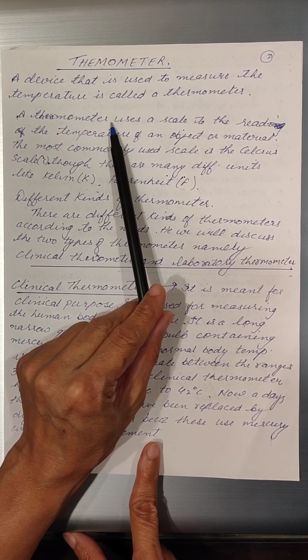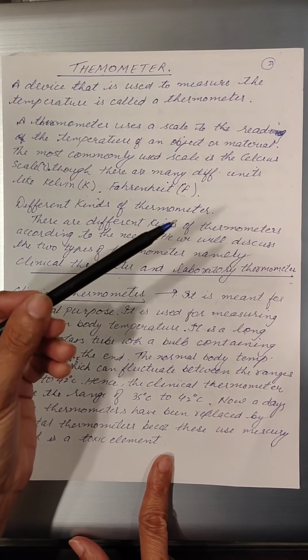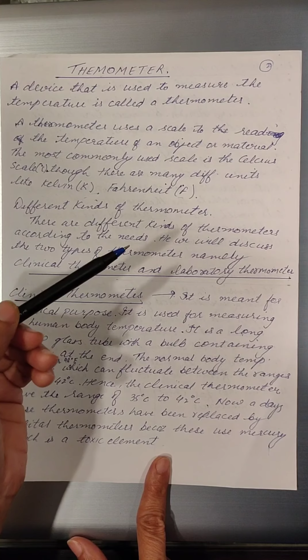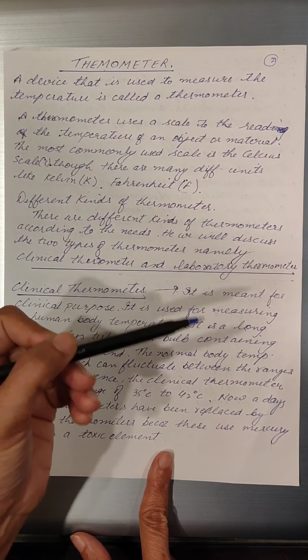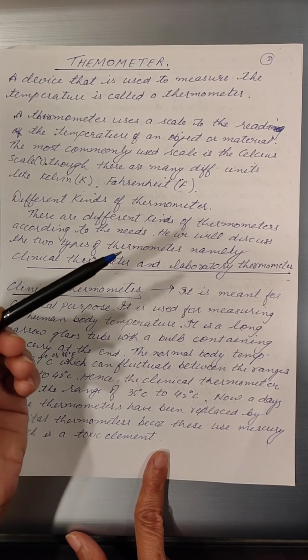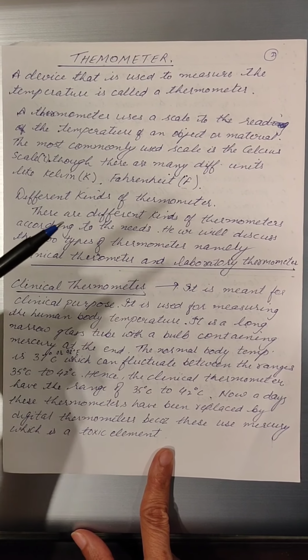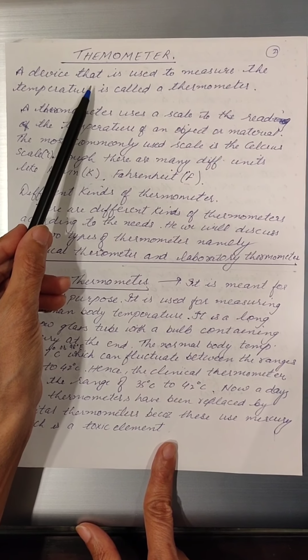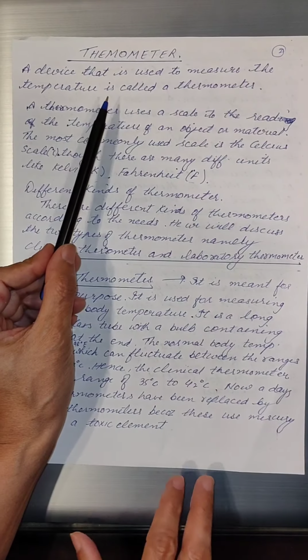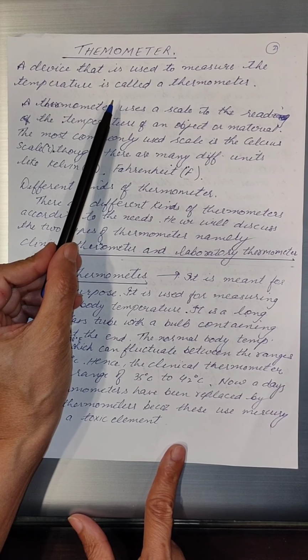As we have discussed earlier, if we just touch or feel, we cannot find out the proper or appropriate temperature of any object. So there must be a proper apparatus by which we can measure the temperature of that object, and that apparatus is called a thermometer. All of you must have seen thermometers at your homes.